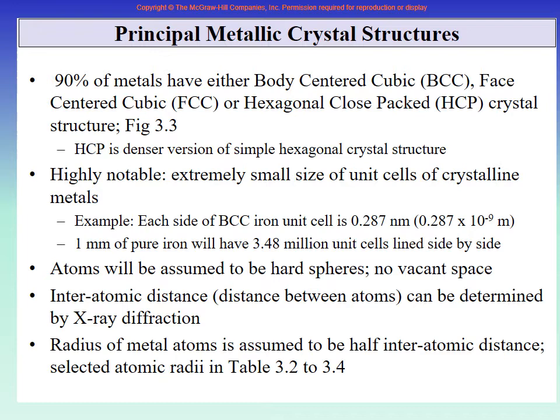And this means that when we say the radius is half the interatomic distance, we are assuming that each atom is touching the other atom. Each atom is exactly touching the other atom. There is no space between atoms. In the geometry that we just showed you, there is a cube and all corners there are atoms.